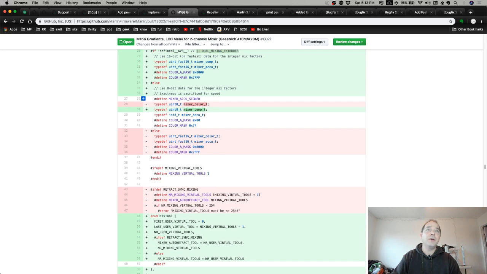I changed the name of mixer color T to comp T, which stands for component, because even though each filament has a color, I'm thinking of the mix as a color and each filament coming in, or each channel, as a component. So we have that. Then we have,